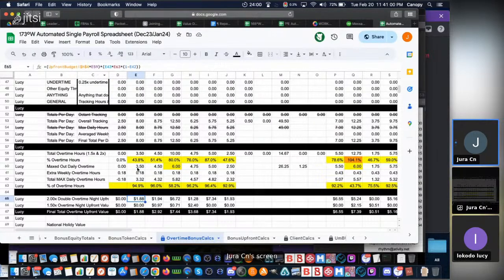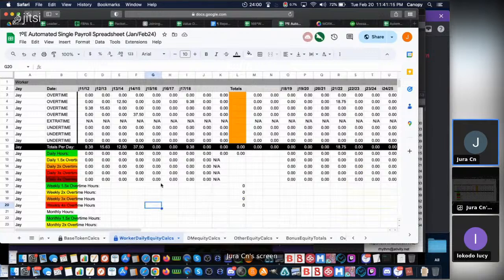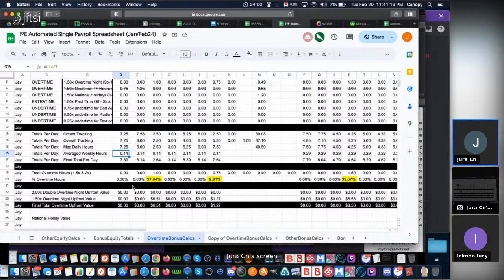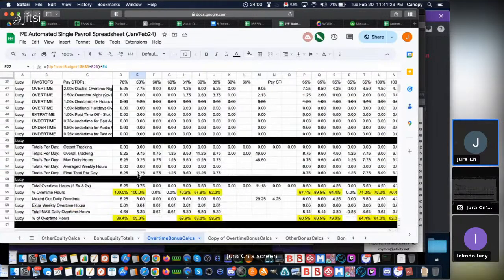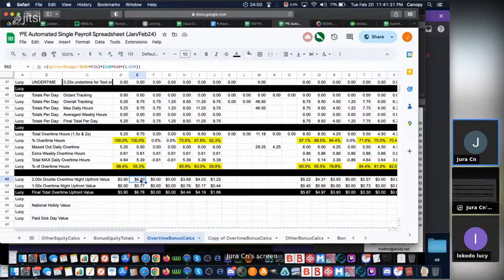So we have E59. So E59 is your percentage of overtime hours. E59. See, that doesn't seem right. Let me double check here. All right, perfect. So we do, oh, it's this. Right, here we go. E56. Okay, so E56